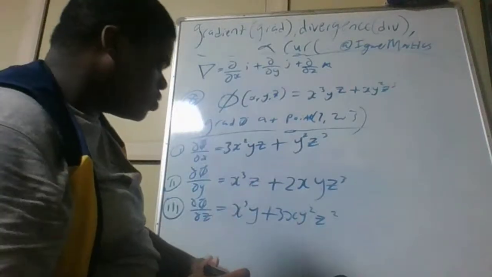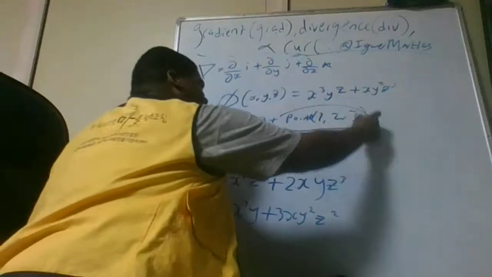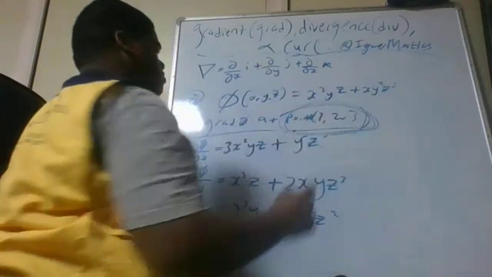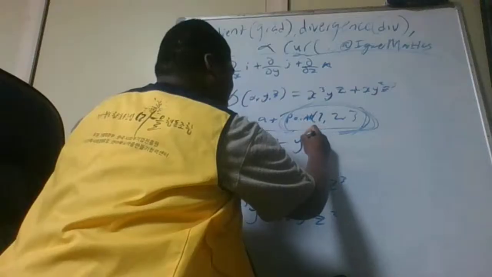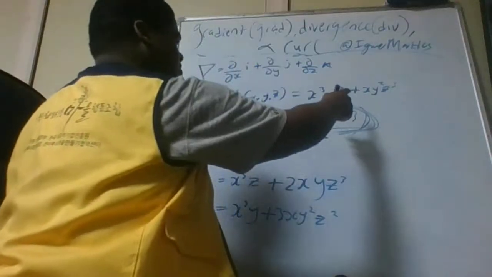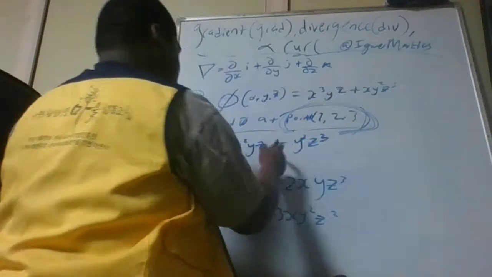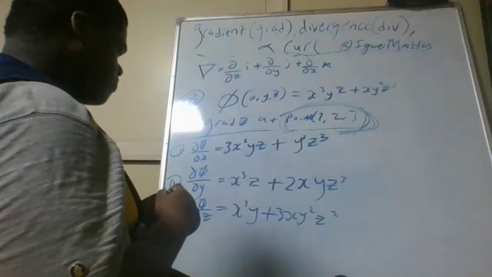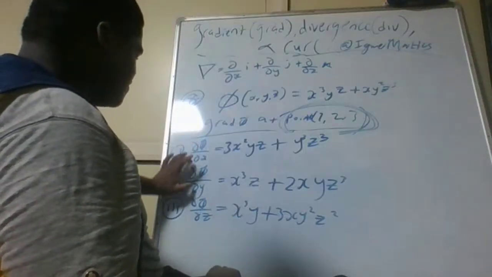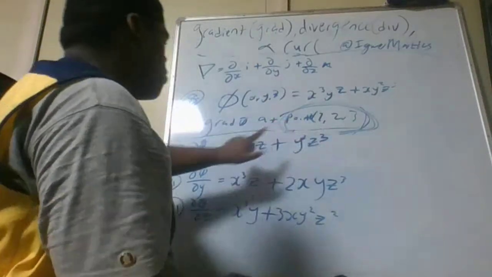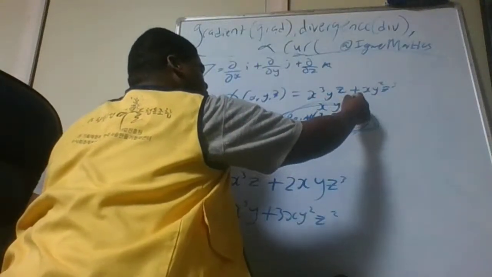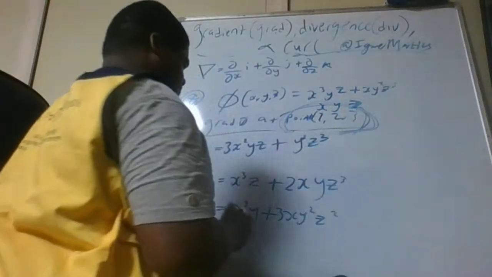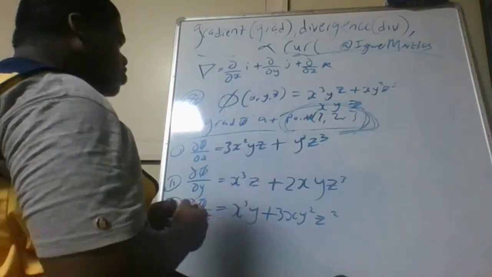The second thing we need to do is to find our gradient at this point. I think this was y squared z squared. Yeah, y squared z cube. Okay. We need to find this partial derivative at this point, when x is equal to 1, when y is equal to 2, and when z is equal to 3. So if you plug in those points,